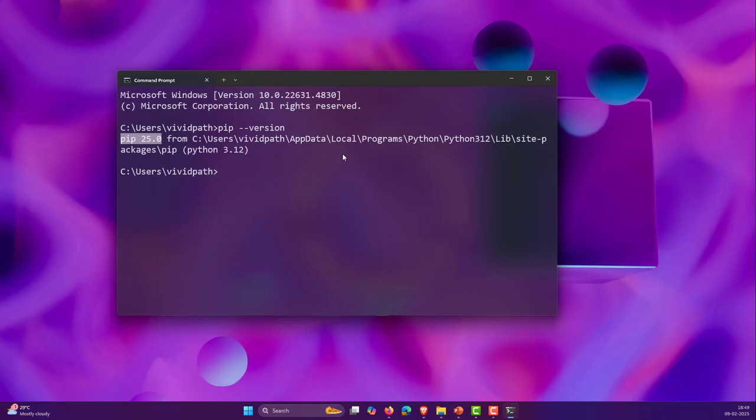Okay, and for example, if you do not have the latest version, it's always recommended to upgrade pip. In order to upgrade pip, type the following command, which is python -m pip install --upgrade pip. Generally, python -m pip install is a common command,